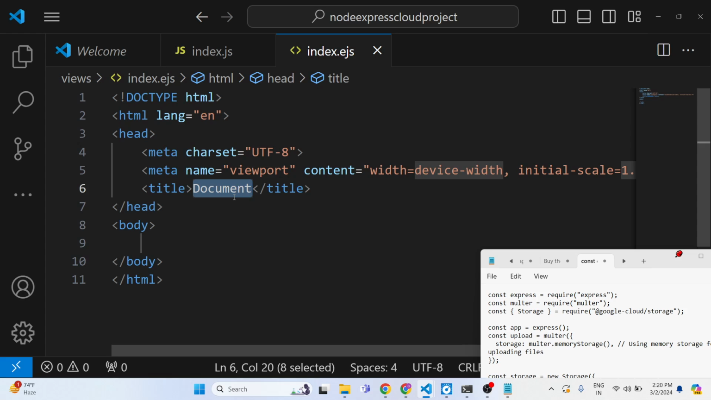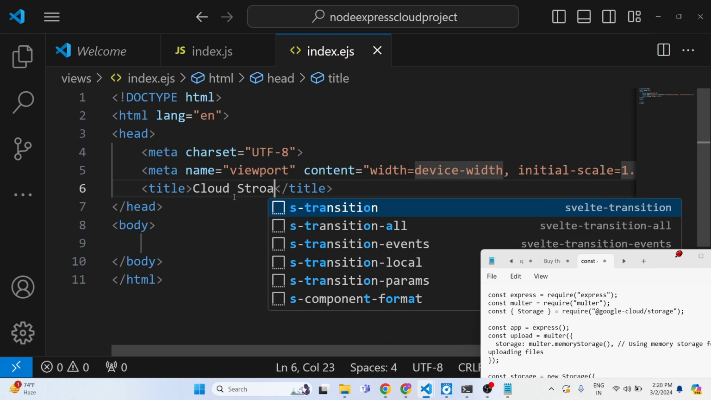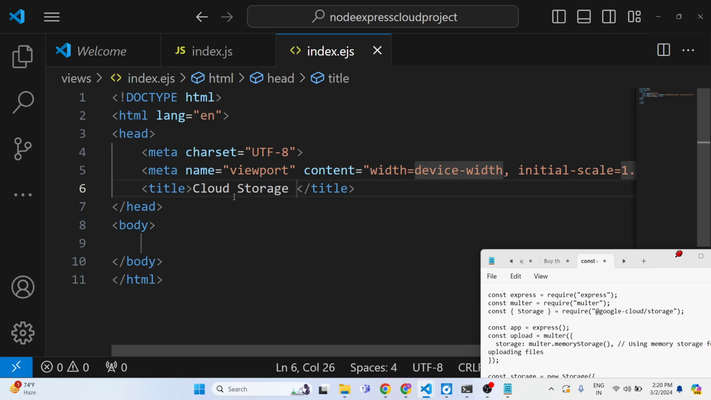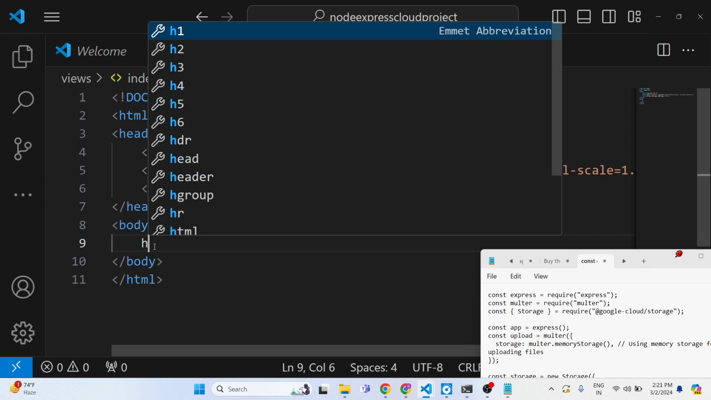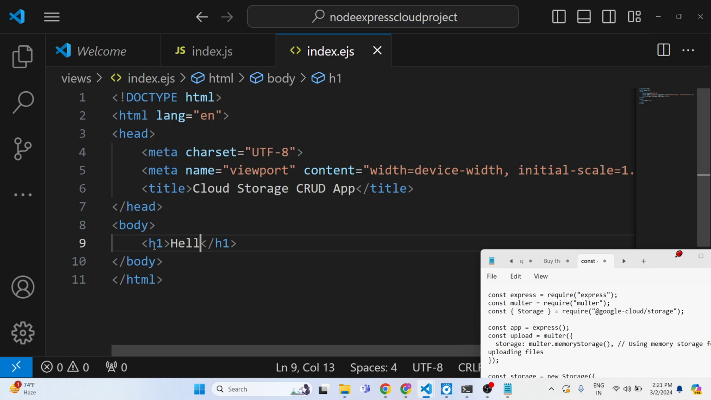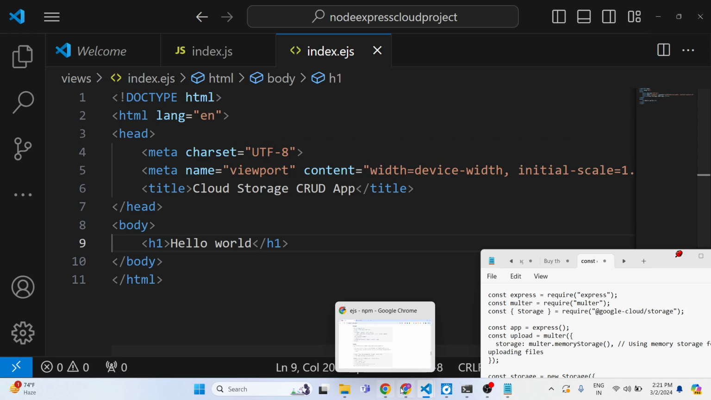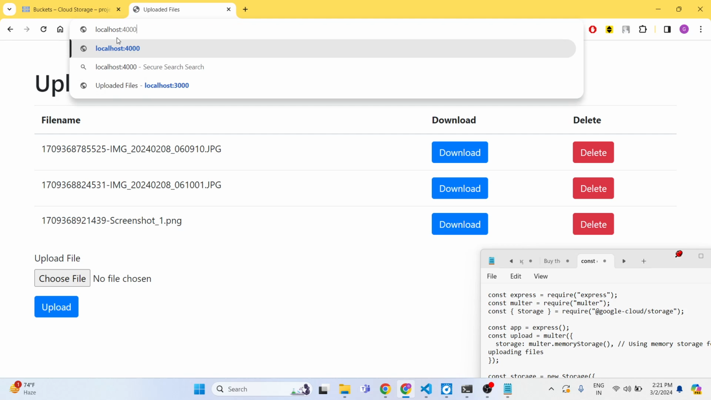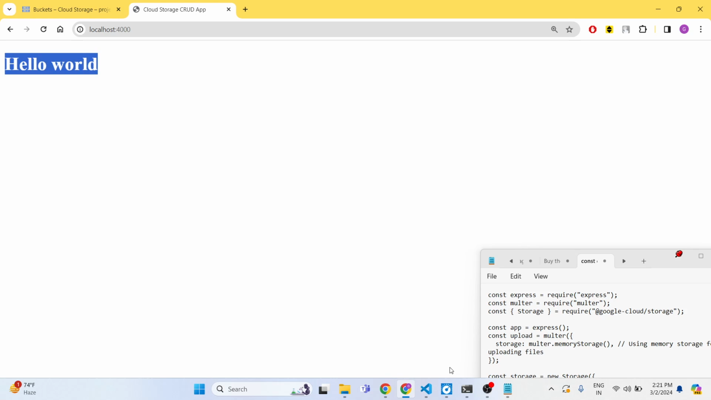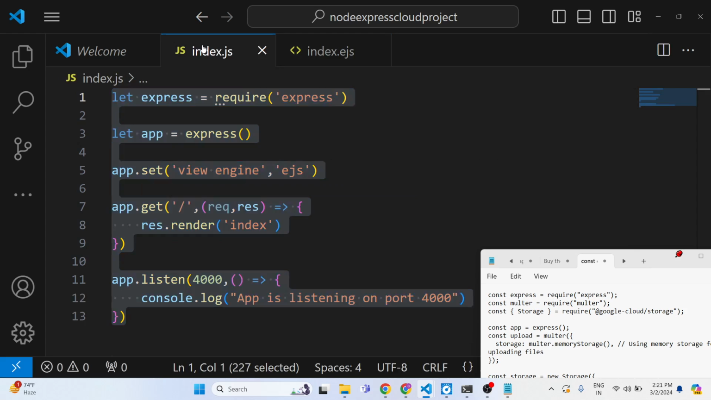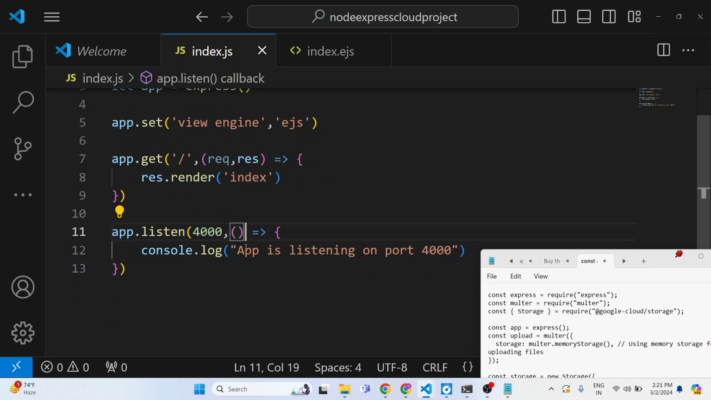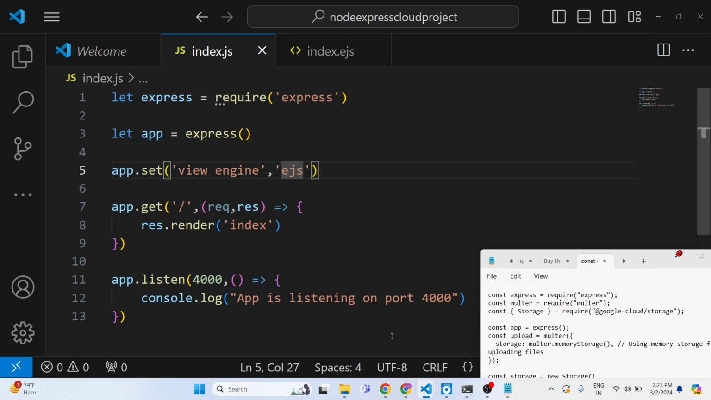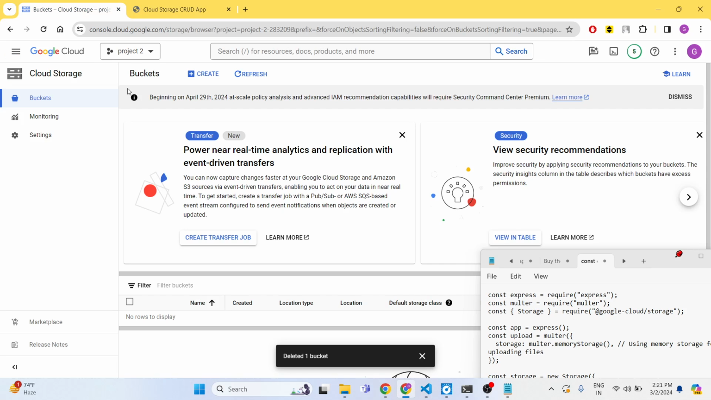Let me just call it cloud storage CRUD app, and we will basically have a simple heading just for now, just for testing purposes, hello world. It will automatically refresh, and now if you go to this localhost 4000, you will see hello world is printing out. So our application is working, and now we just need to show a simple form to the user where the user can upload files. But first of all guys, you need to go to Google Cloud Console and create